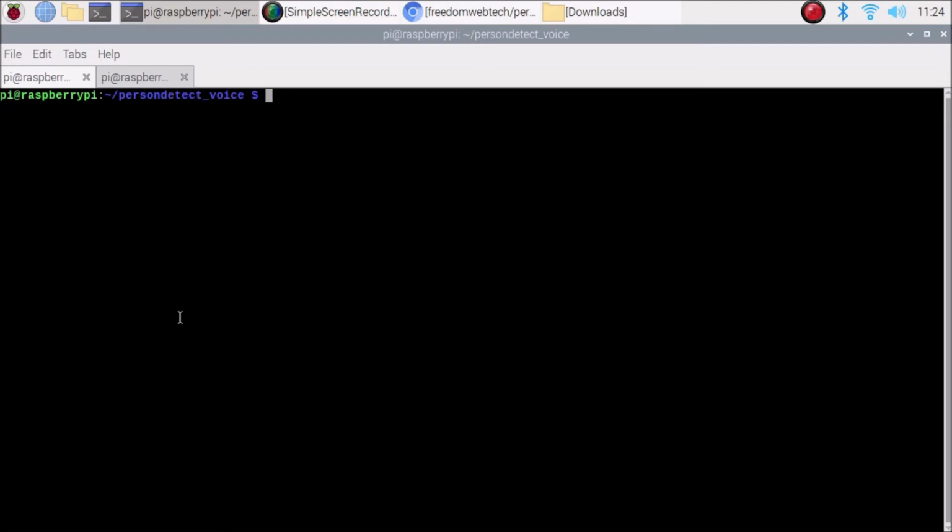Now what we are going to do is start the script, and when the script starts, our camera module is on, and I am going to set the image in front of the Raspberry Pi 4 camera.